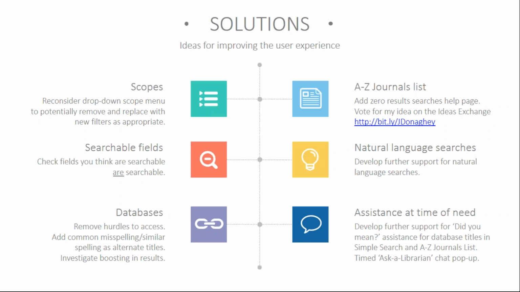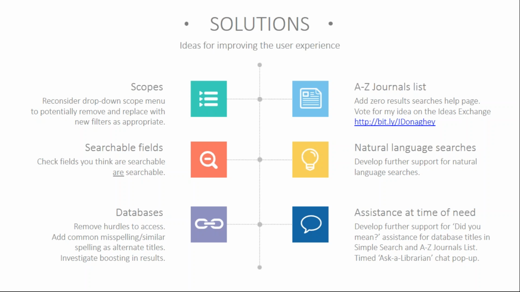And my experience of the "did you mean" prompt when retrieving zero result searches has been quite positive. Many of the more well-known and popular databases, if spelt incorrectly in a search, provide a relevant "did you mean" suggestion. However, many of the other databases that aren't so popular don't provide a suggestion if spelt incorrectly. And I would specifically like to see functionality extended to more database titles, with Primo and including the A to Z journal list. Many databases have bigger names with quite distinct spelling, so it's really easy for anyone to get these wrong.